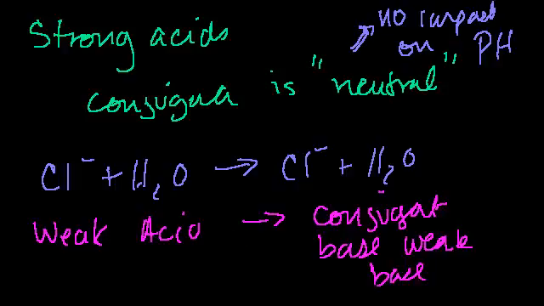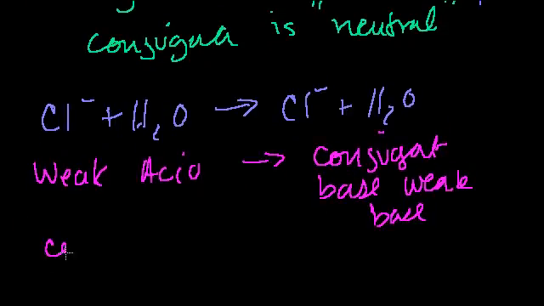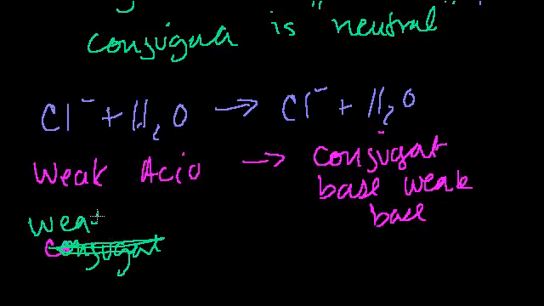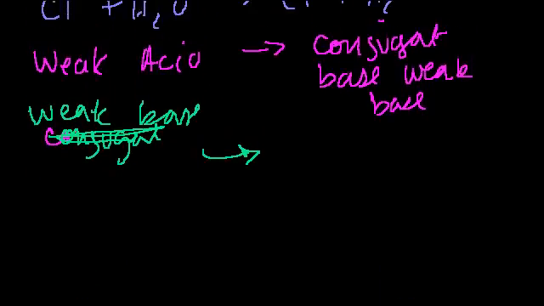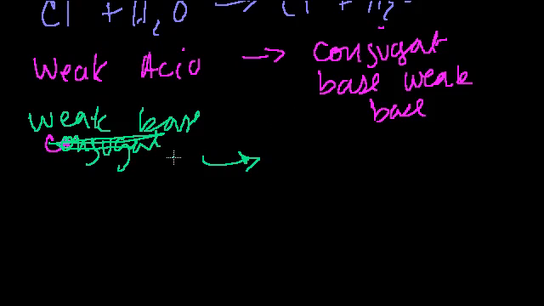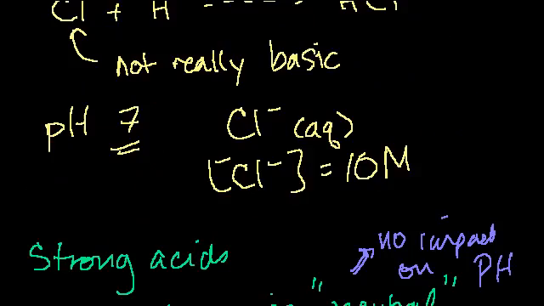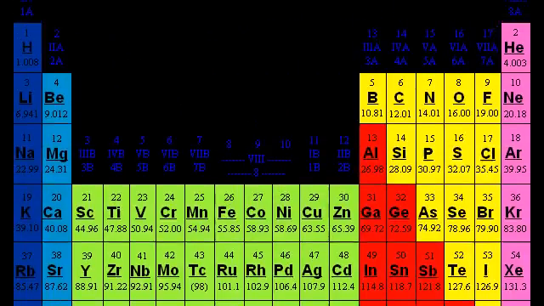And you could make this statement the other way around. If you have a weak base, its conjugate acid is going to be a weak acid. So hopefully you get the idea here. It's actually not that fancy of an idea. It's just that if you have an acid, its conjugate base is just that acid minus a hydrogen. If you have a base, its conjugate acid is just that thing plus a hydrogen. Actually, let me just do a bunch of problems here